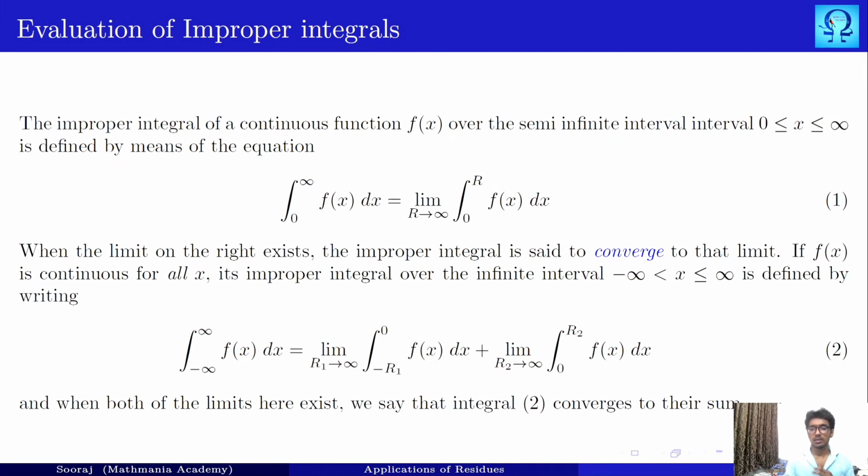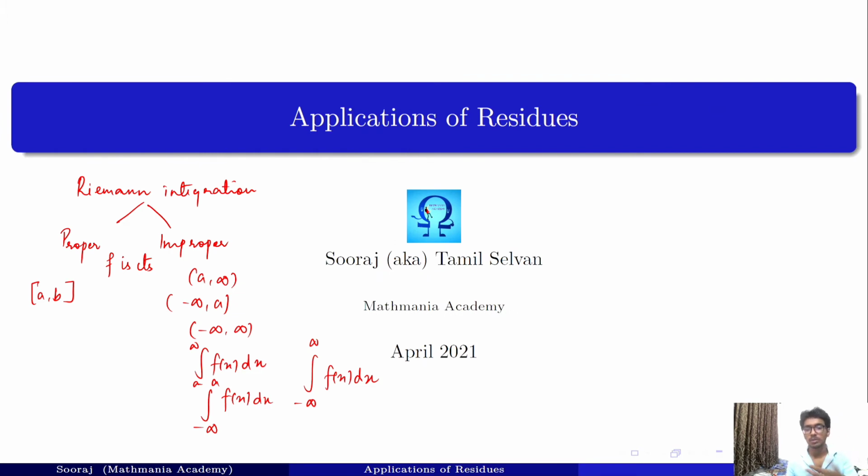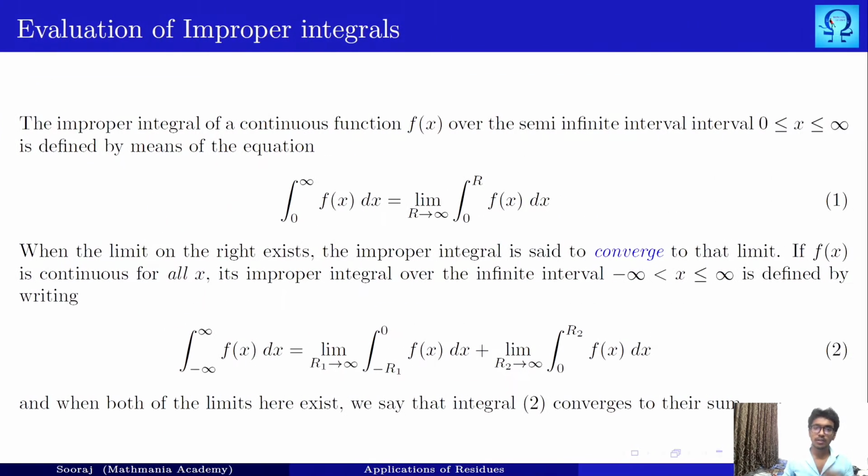The need of discussing improper Riemann integrals is that we are going to apply the residue ideas to improper Riemann integrals. So if we have to integrate this quantity, how we do it is that we convert the improper Riemann integral into a proper Riemann integral. We do the proper Riemann integral, and then we just take the limit as r goes to infinity in that value. By integration we mean a finite value.